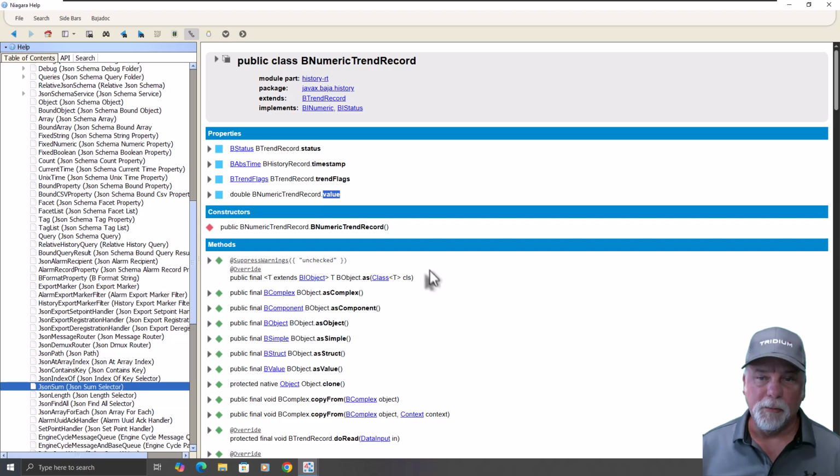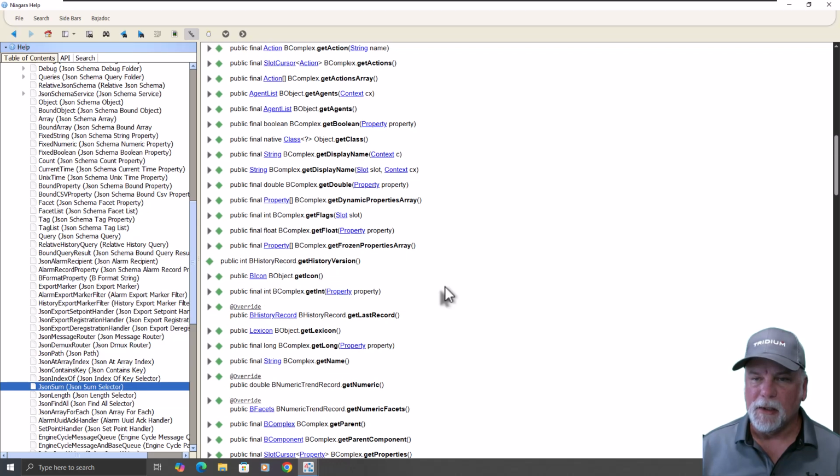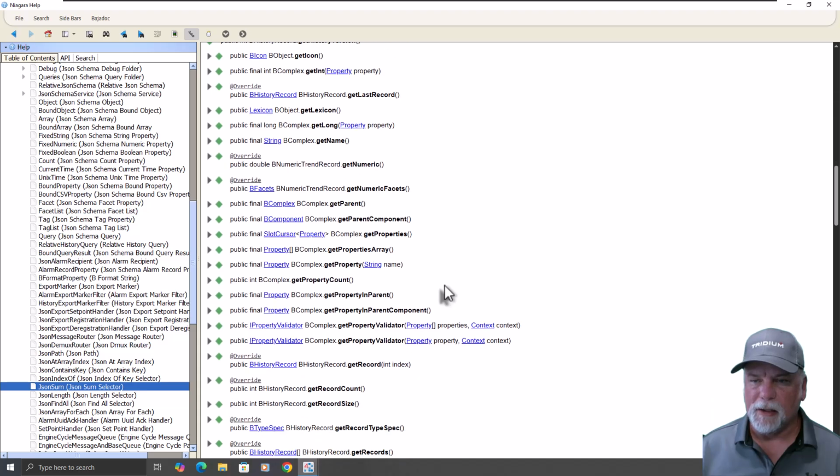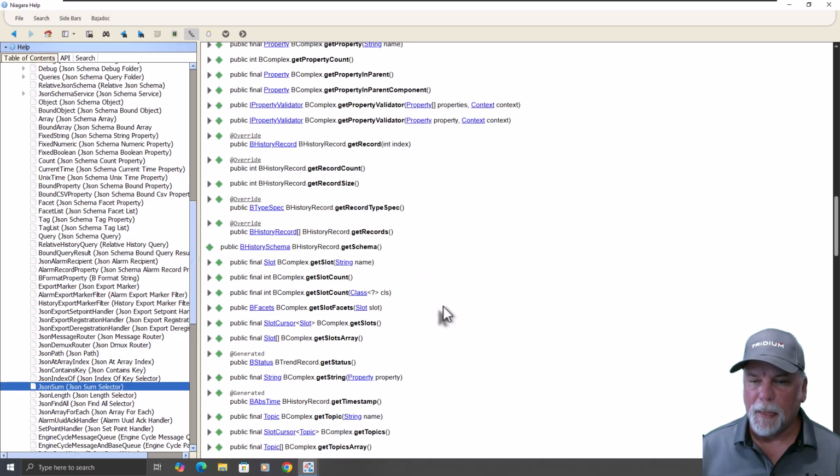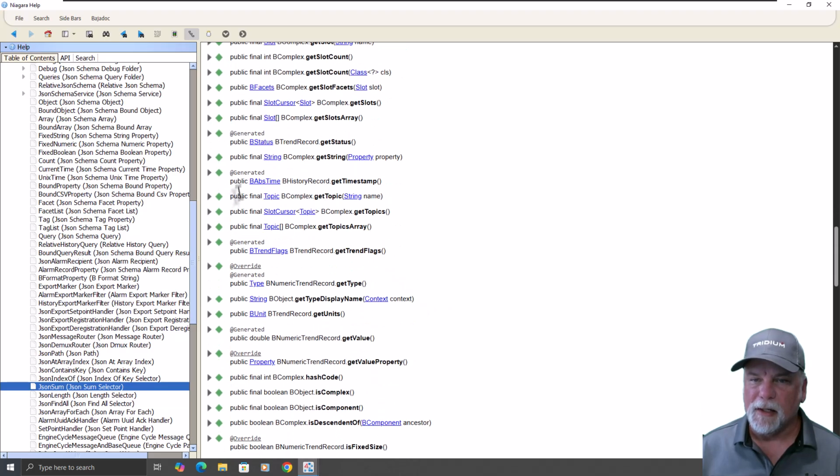So there will be getter methods that are public. For example, if we scroll down here and look at the available methods, and mind you, the flatten inheritance is on, we should see there's a public method that returns a BAbsTime value. It's called getTimestamp, and it doesn't take any arguments. So we drop the get, lowercase the T, get rid of the parentheses. So getTimestamp just becomes timestamp as the job of a method to call to get the timestamp from this